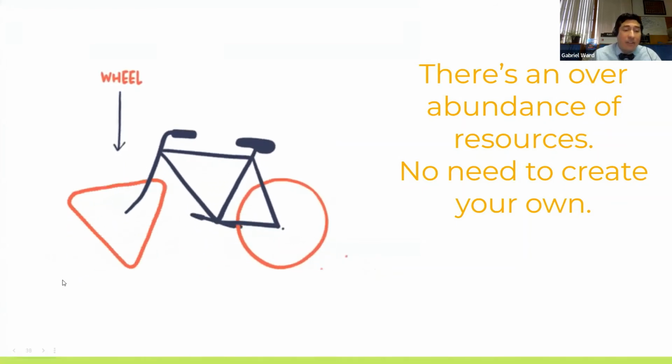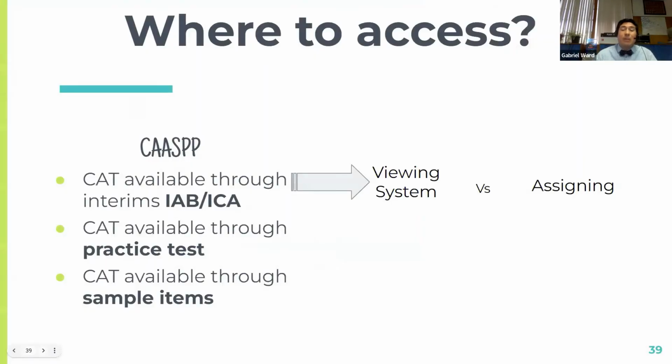So what do you have that is already available to you? There are some places where you can go to access resources to prepare your kiddos for success on the computer adaptive portion of the test, which is what we're trying to drill home today. The first thing is the IABs. In addition to those, you also have the ICAs, the interim comprehensive assessments. That's to say, in a traditional year, here's what the SBAC would look like: usually about 30 items on the computer adaptive portion of the test,